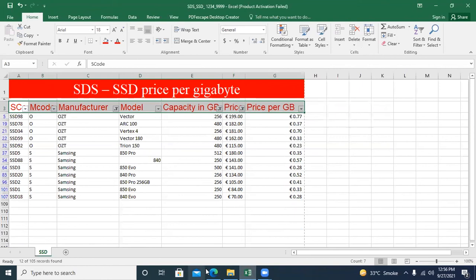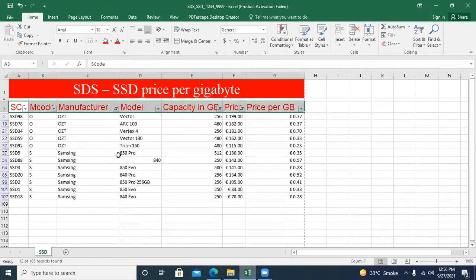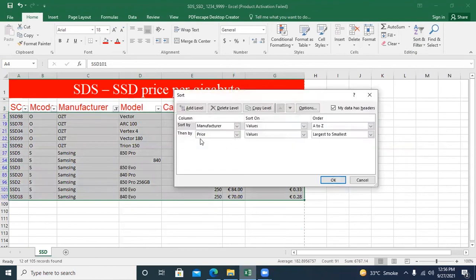Next step is to sort the extract into ascending order of manufacturer, then ascending order of price. So we need to do ascending order of manufacturer, then ascending order of price. In order to do this, select, then filters, custom sort.